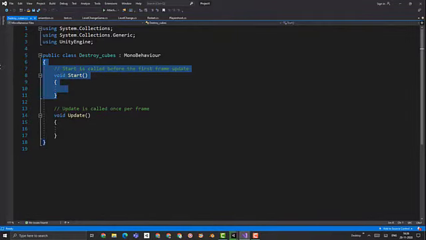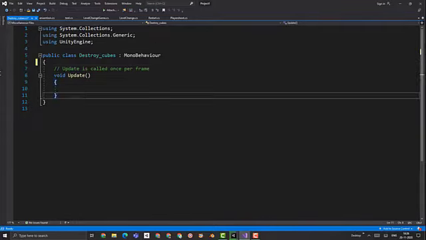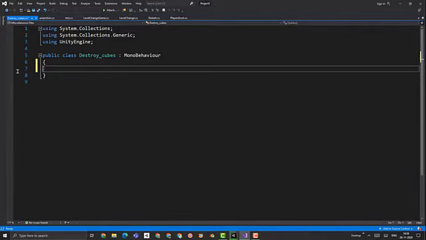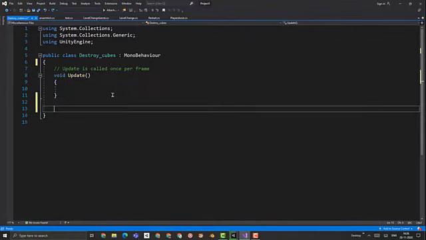We don't need void start or void update, so you can delete all of those. You can add void update if you want, so just keep void update. Yeah, let that be there. And down, not in the loop, we say private void OnMouseDown,